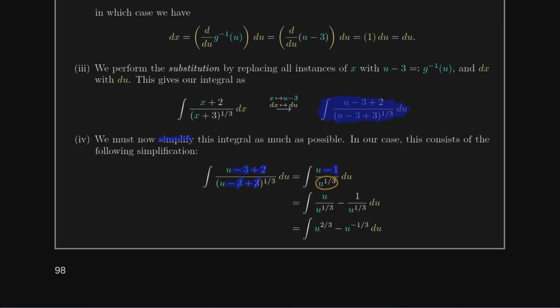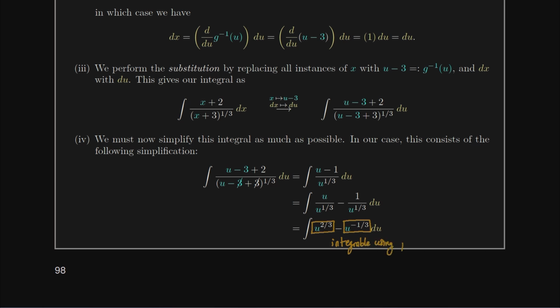Now let's think about our denominator now. Our denominator is simplified to u to the 1/3. And so there's no longer an addition in the denominator, right? These additions are kind of what makes your life hard when you're trying to distribute denominators. You can't really integrate denominators that way. But now that it's only a single term, it can distribute to both terms in the numerator. And when it distributes to both terms in the numerator, first term is u over u to the 1/3, second term is 1 over u to the 1/3. If I simplify each of those, first term is u to the 2/3, second term, negative u to the negative 1/3. And both of these are integrable